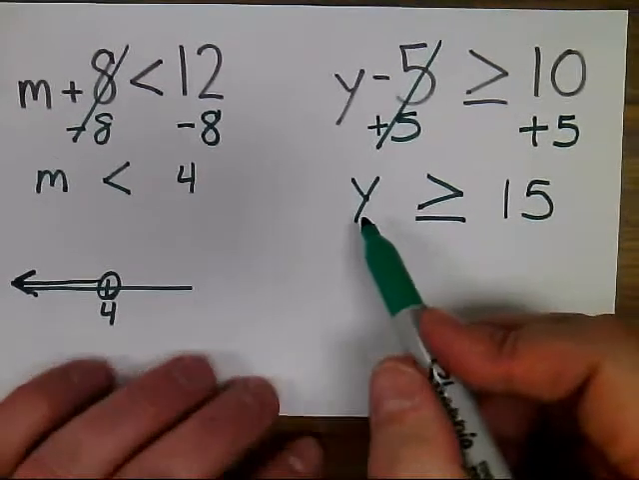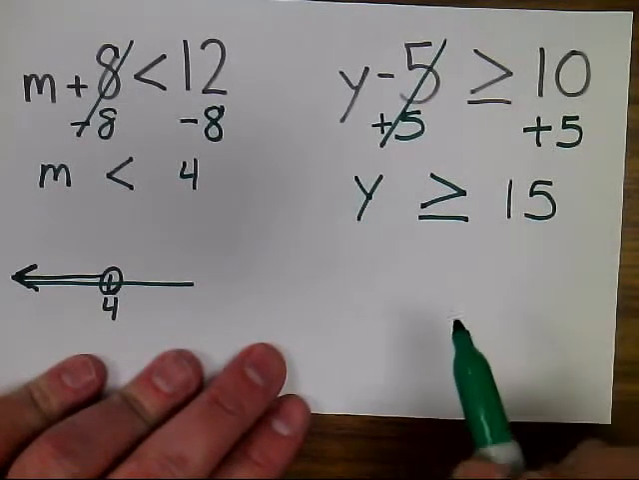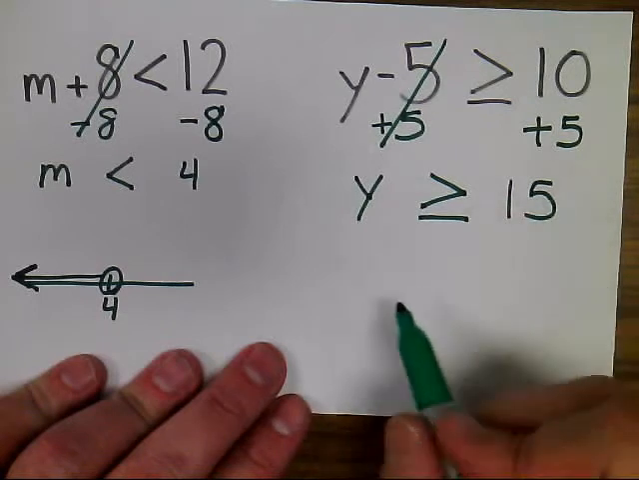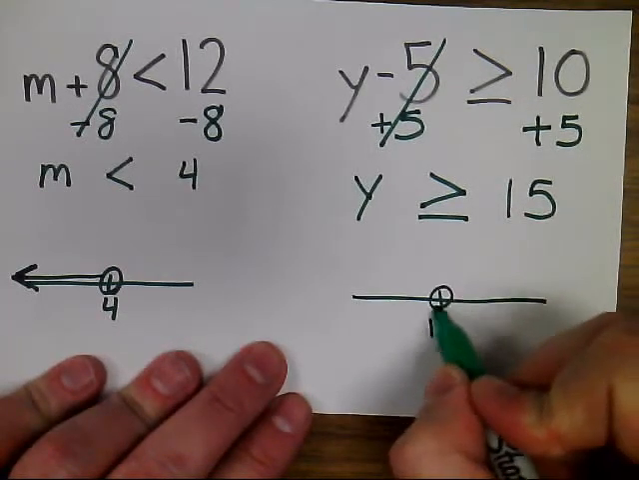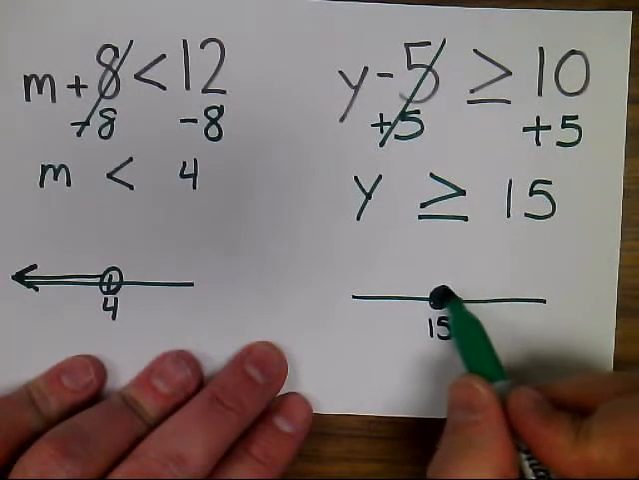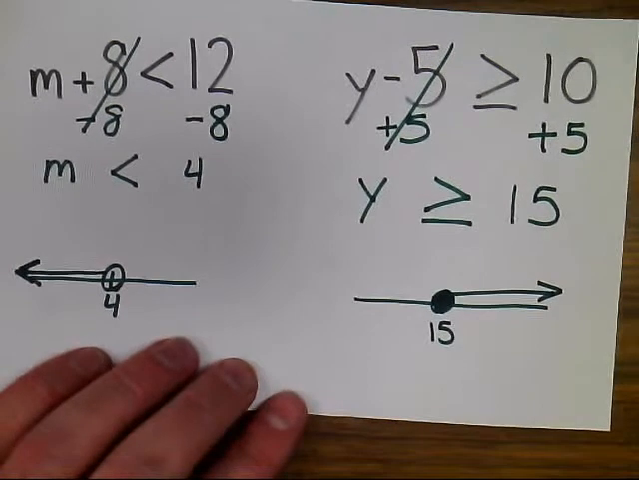So I can think of a variety of numbers that are bigger than 15, or equal to 15. 15 is equal to 15. 19 is bigger than 15. So I'm going to make my number line. I'm going to plot the 15. And in this case, I'm going to shade in the circle because 15 could be my solution. And I'm going to draw my arrow to the right,